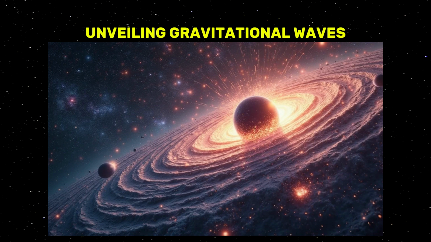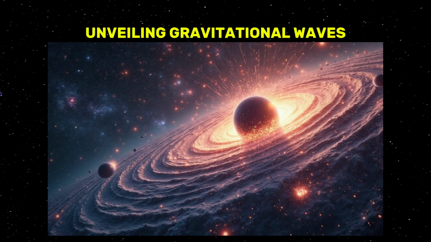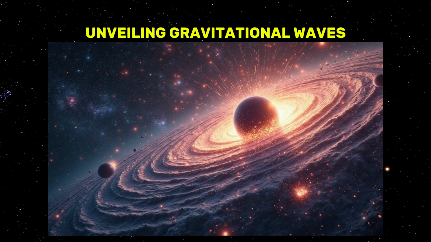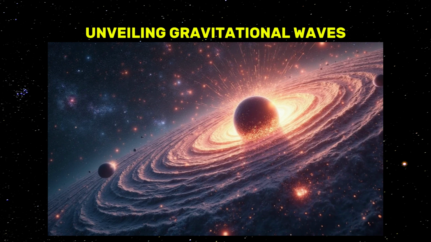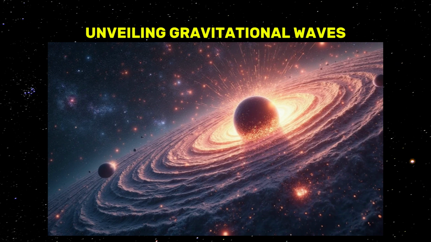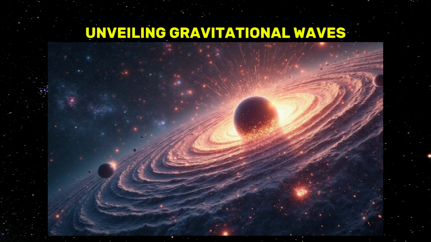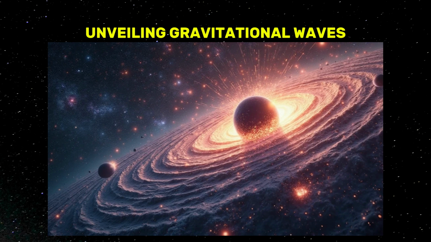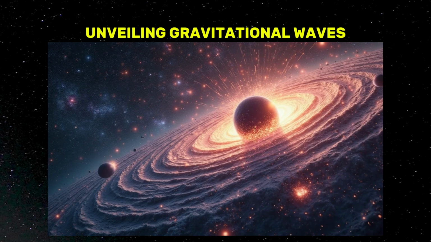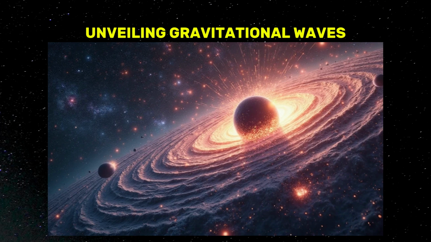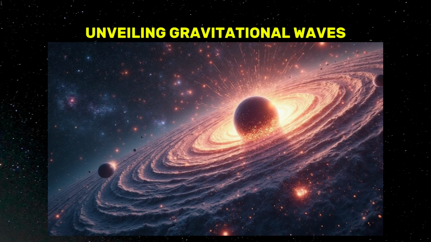To understand how gravitational waves function, let's revisit the fundamentals of general relativity. In Einstein's view, space and time are not separate components, but together form a unified, four-dimensional entity known as spacetime. Massive bodies, such as stars, planets, and black holes, curve this fabric, much like a heavy object pressing down on a taut rubber sheet. This curvature is what we recognize as gravity. Now, when massive entities like orbiting black holes or neutron stars interact, they disturb this space-time fabric, sending out ripples that extend far and wide.